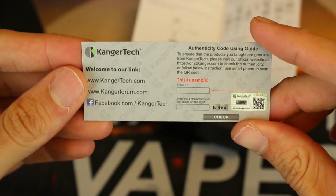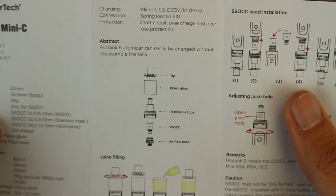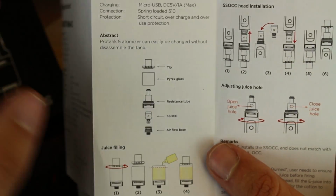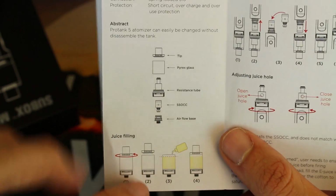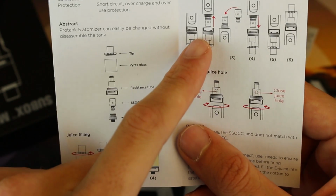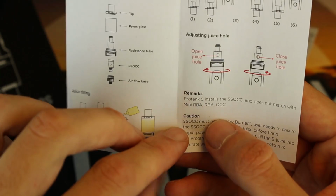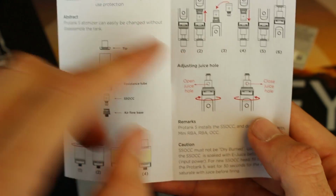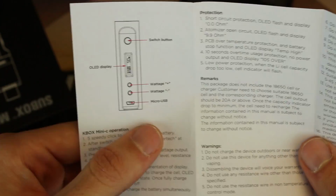You'll also get a KangerTech verification card right here, and then you will get a user manual that is perfectly laid out for someone that doesn't know what they're doing. If you've never used a vaping device before, this is perfect. It does lay it out very nice and simple for you. It shows you about filling your tank, all of that good stuff right here. Replacing the coils, very easy to do, as you can see here, and then adjusting the juice flow control down there. It is a pretty good little user manual. It does go through all the basics, and it does show you how to use everything and install everything. It gives you a little bit of information on the back of the device itself, operating the menu system, which